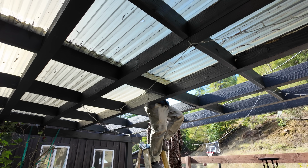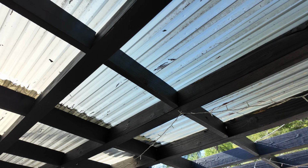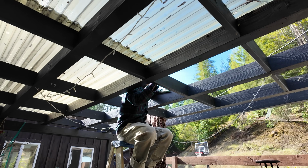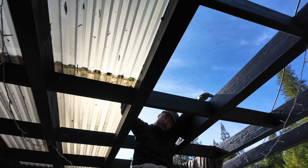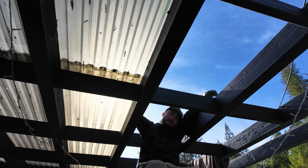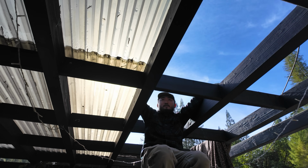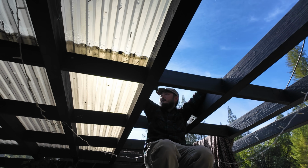All right, Taku's back, and while I'm painting, he's gonna finish this up here. Got it. Nice. That was up there temporarily. The only problem with this roof is that because it's flat, when it rains, it puddles water. Yeah, I was looking at that from upstairs. Eventually, with the sun, it dries up, but I can see a puddle of water right above you. I don't know if that really matters too much, but...